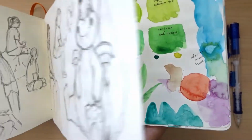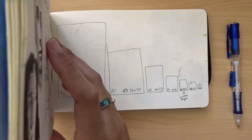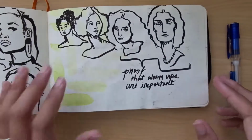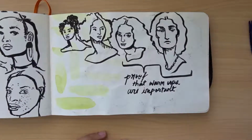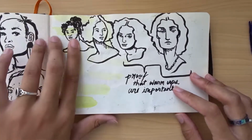I just felt like I would make really great drawings one day, and then the next day the drawings would be terrible. So I sat down and I thought about warming up and what does that mean? How can it affect me? Does it really work? And so I drew this one first with